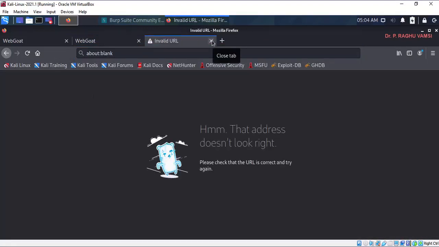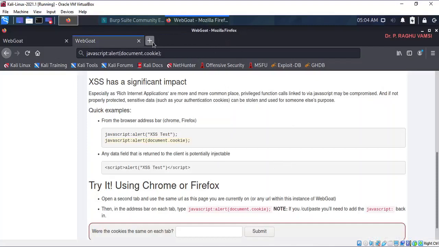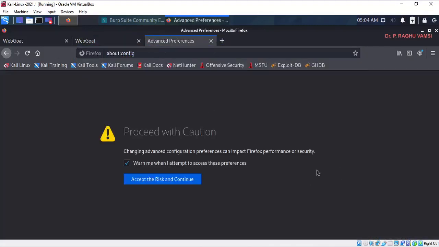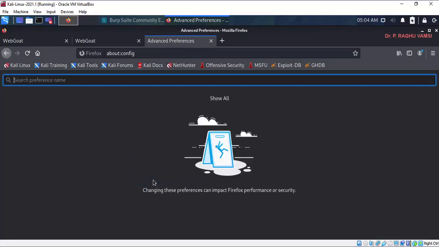We are getting this warning: warn me when I am attempting to cross the preferences. Sometimes it is very dangerous to go into the configurations. So accept the risk and continue.